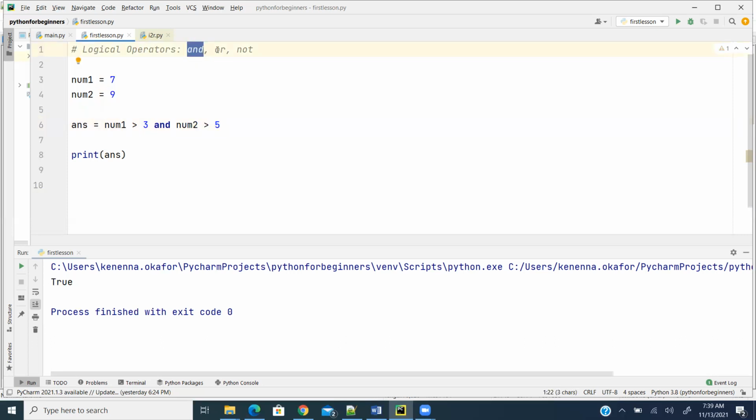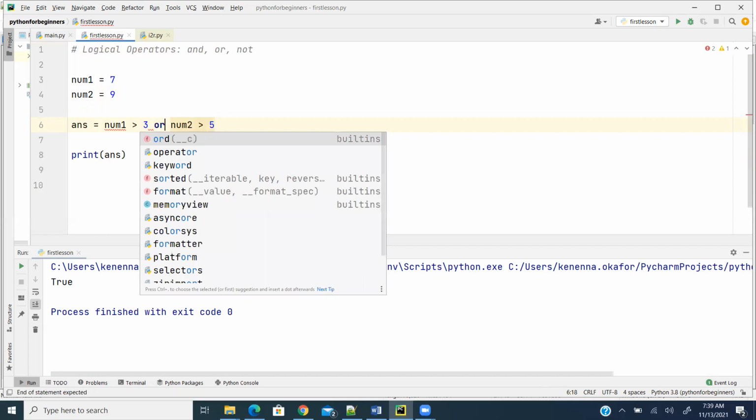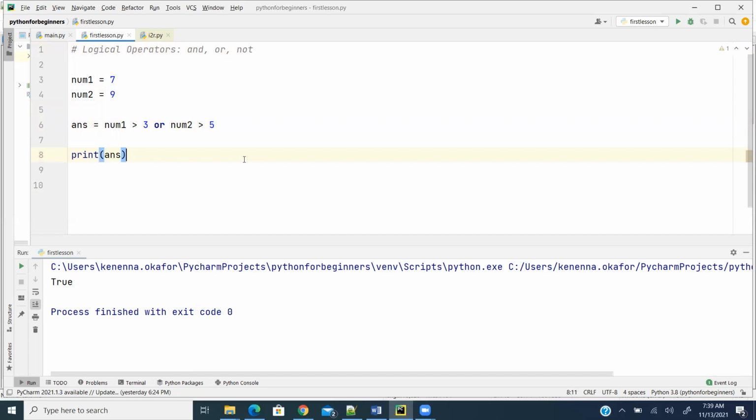Then let's look at the OR. Just something like this. Okay. Now, what do you guys think? Looking at this first group here, this operator, the greater than operator with its operand, what are we going to have after that operation? So num1 is 7, and 7 is greater than 3. So this is true. Then num2 is 9. 9 is greater than 5. This is true. So using OR,